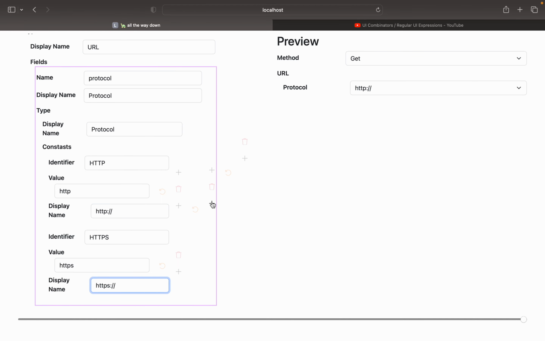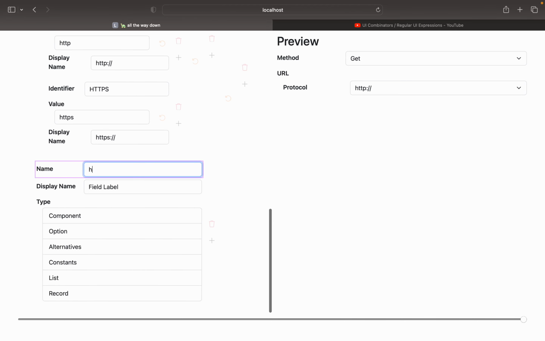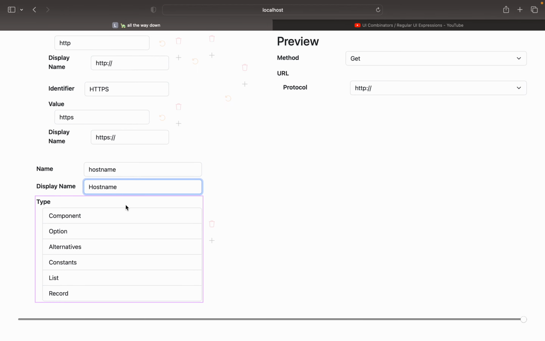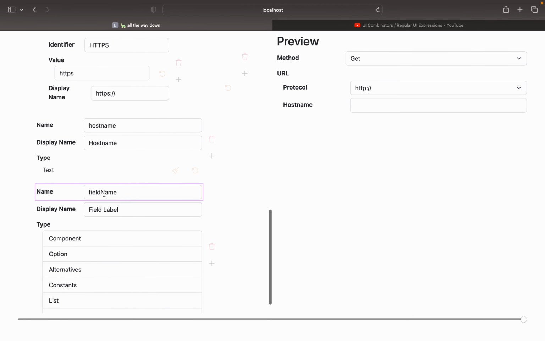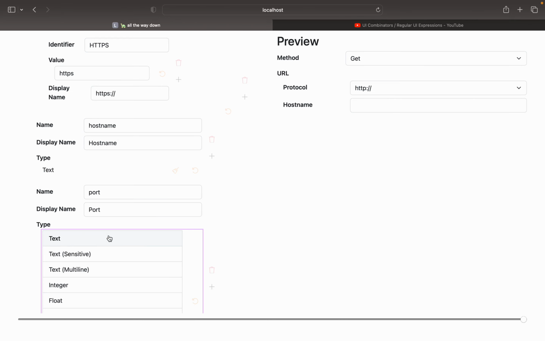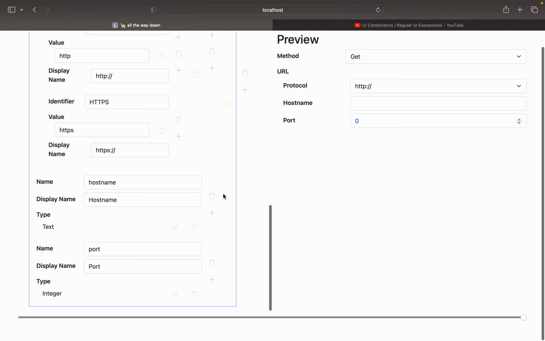I'm going to add another field to the URL, which is going to be hostname. This one is simpler. It will be of type text, and let's add another field. Let's call it port. It's going to be of type integer. And now let's add the path,